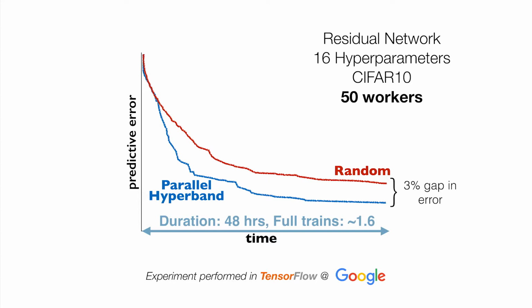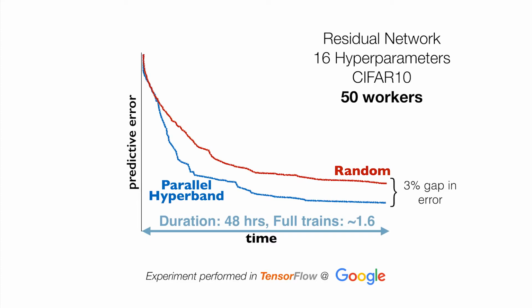And so what we see here, we get some curve from random search. And what random search is doing is parallelizing over 50 workers. So by the end here, it's looked at maybe 70 or so. Each model might take slightly different amounts of time to run, but it's maybe trained 70 models or so on these 50 workers. Hyperband has trained an order of magnitude more, and it converges much more quickly.